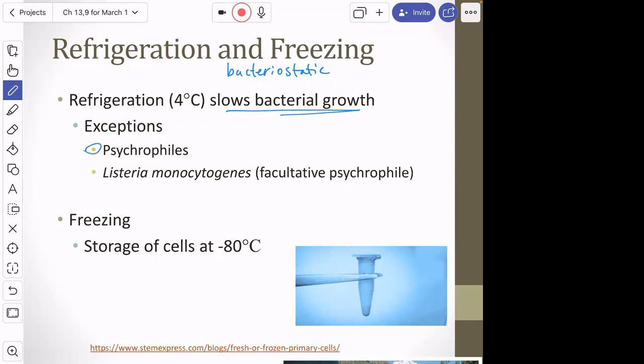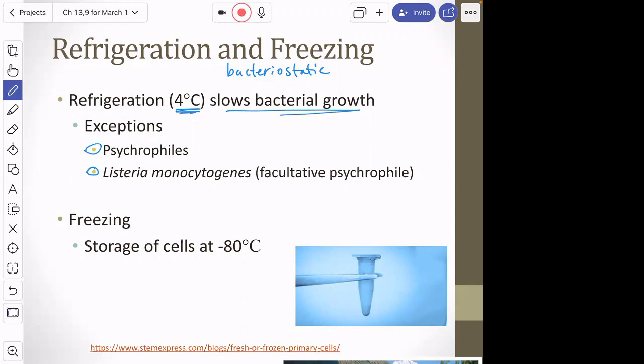Of course, psychrophiles grow best in cold temperatures, usually somewhere between freezing and room temperature. An extreme psychrophile might grow really well at refrigerator temperature, 4 degrees Celsius. Here's an example of an organism that's considered a facultative psychrophile. So it doesn't grow best at cold temperatures, but it still grows pretty well. And that's Listeria monocytogenes. That's an organism that has in the past been responsible for some major foodborne